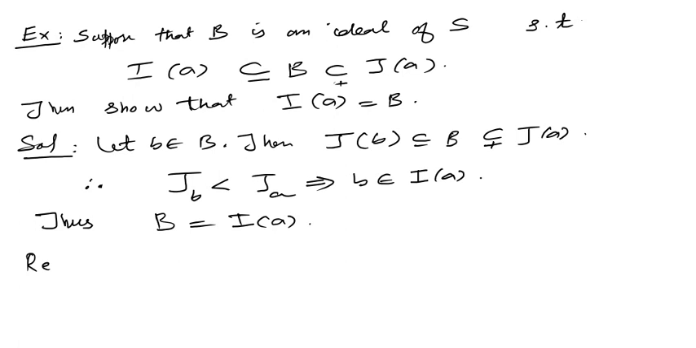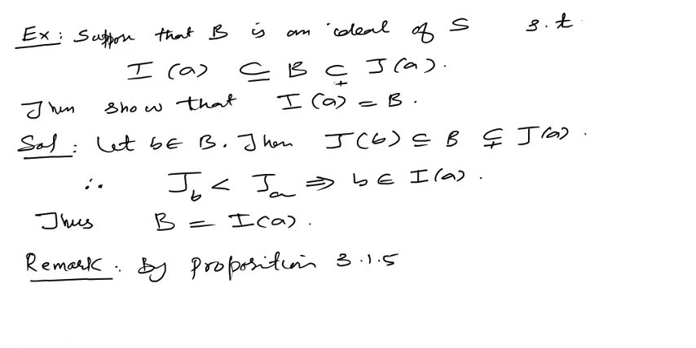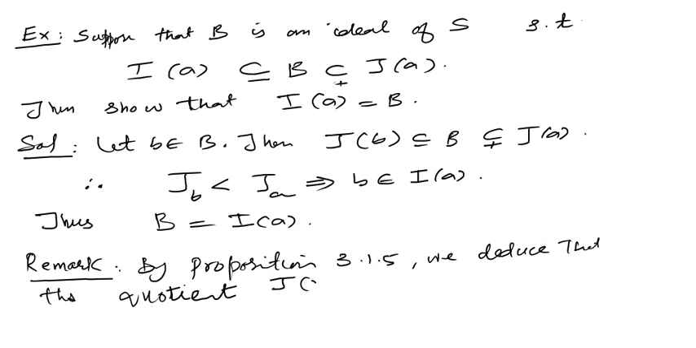So remark. By proposition 3.1.5 we deduce that the Rees quotient... By the proposition 3.1.5 we did earlier, where we said that if there is no ideal between two ideals, then by that proposition we deduce that the quotient JA over IA, where IA is an ideal of JA, this quotient